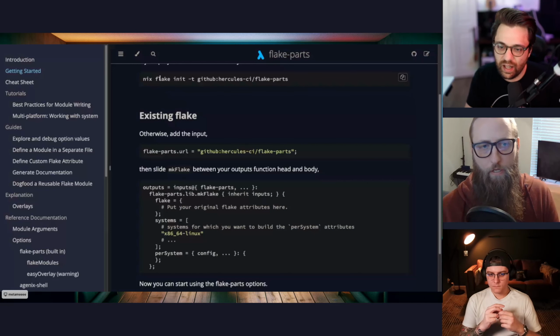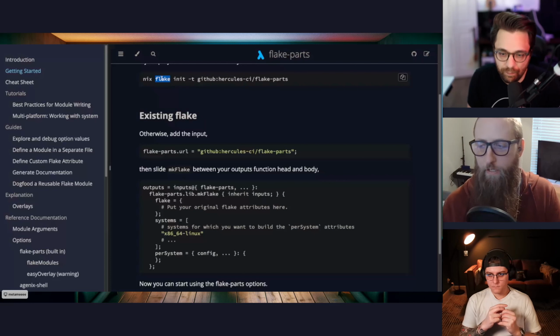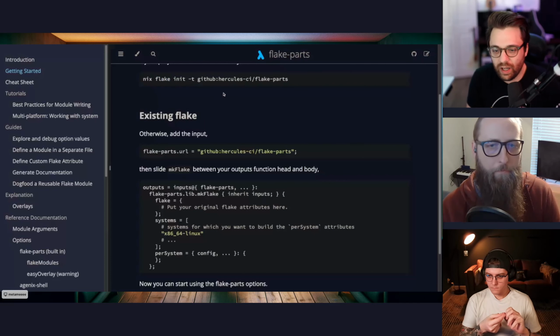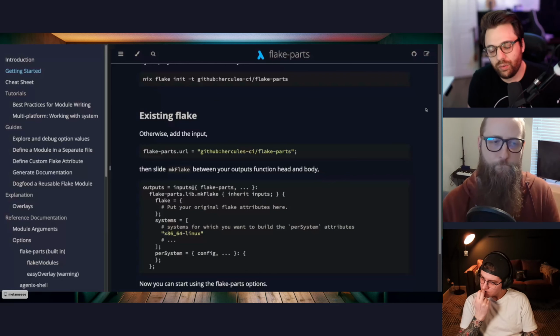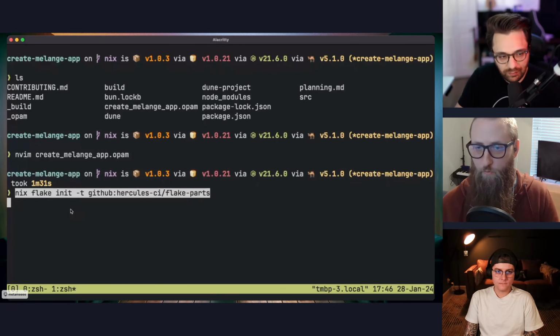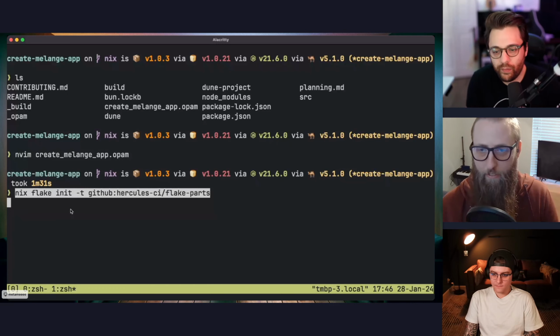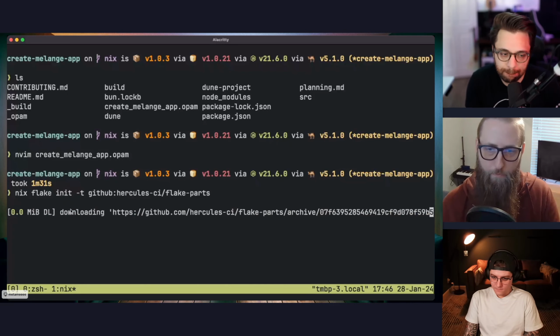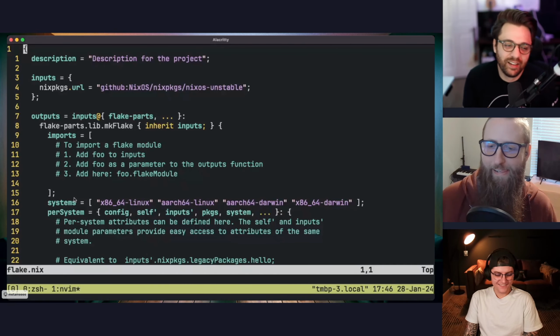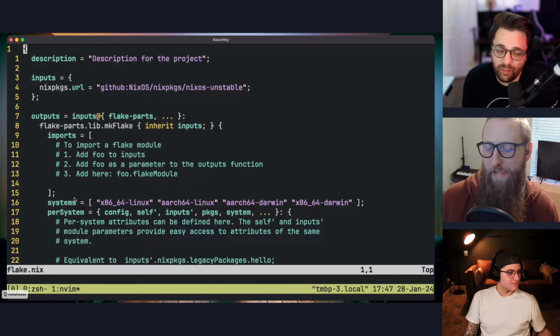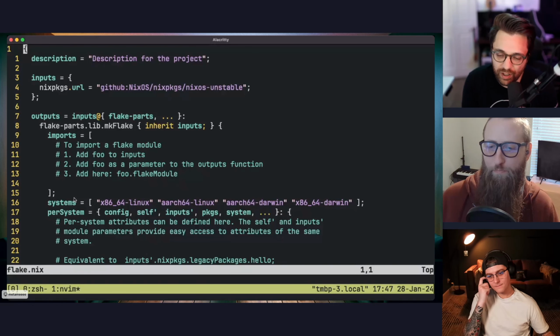You can kind of think of it like that. Nix flake init dash t flake parts, basically, right? Pretty much. And so this will give us a basic flake to start with. I'm guessing I'm going to just do it right in the project directory here. All right, now we have a flake.nix. Cool. So this is the template that you get by running the flake parts